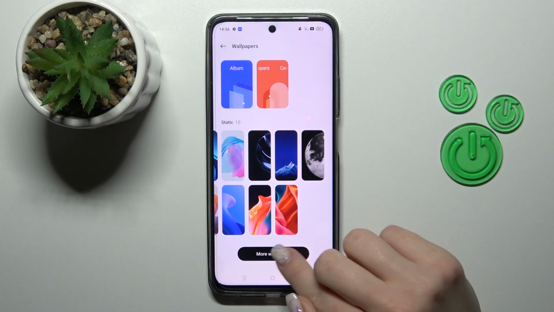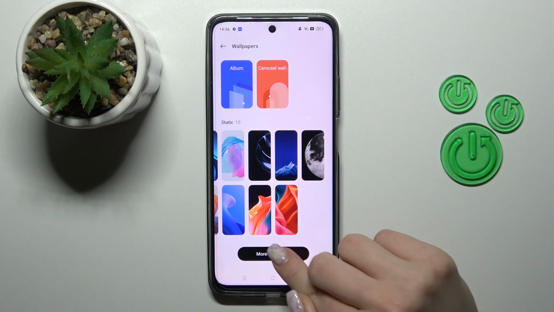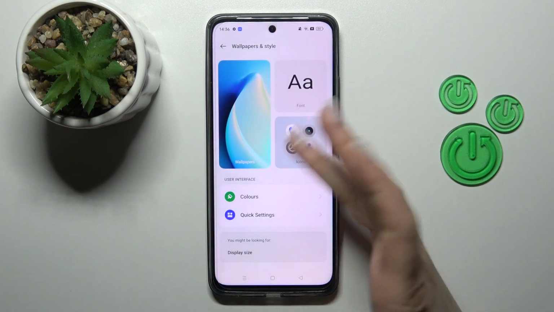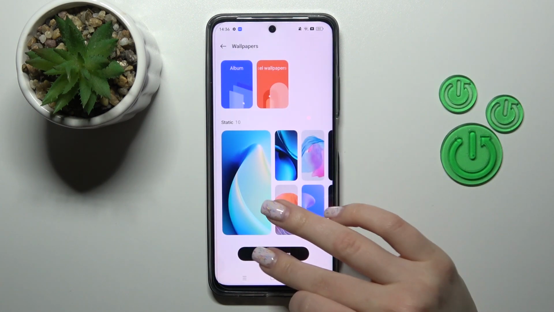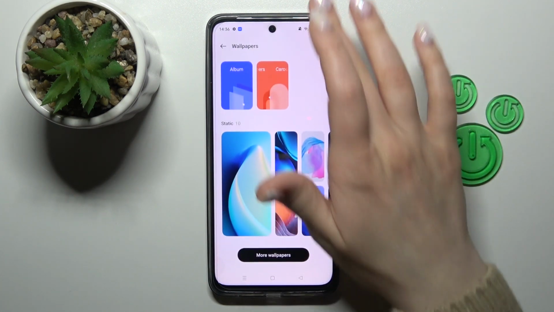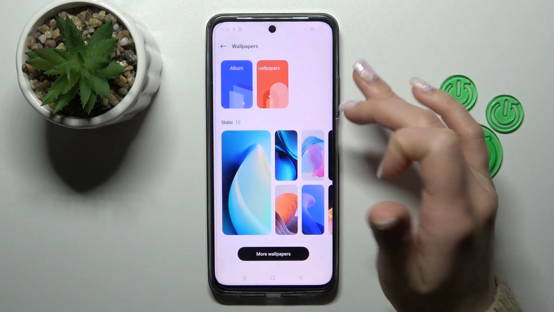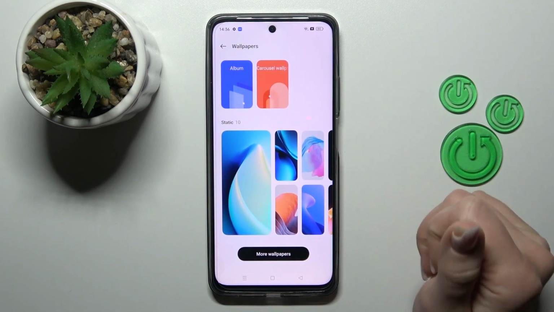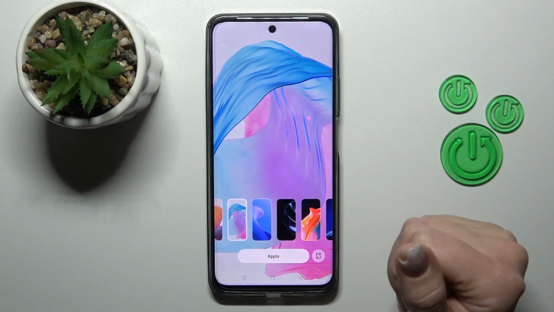Also, we can use here the more wallpapers, but just to use them, this is like the online wallpapers. Okay, so I just have no chance here to open them. I don't know why. So just to change the wallpaper, select one from the available wallpapers, click to apply and